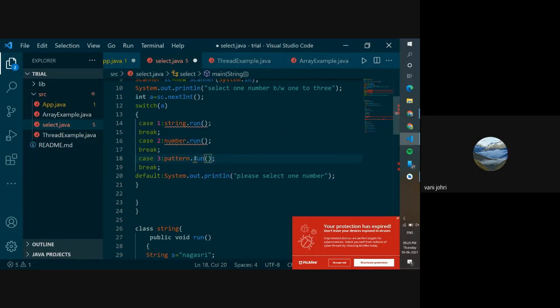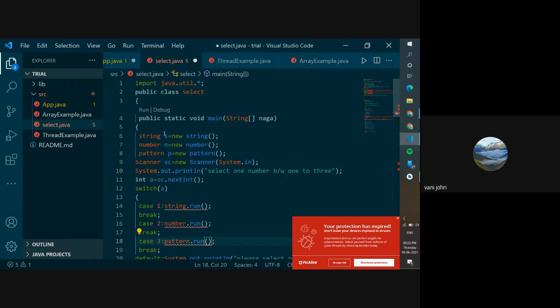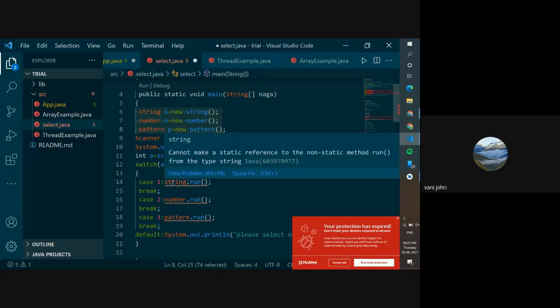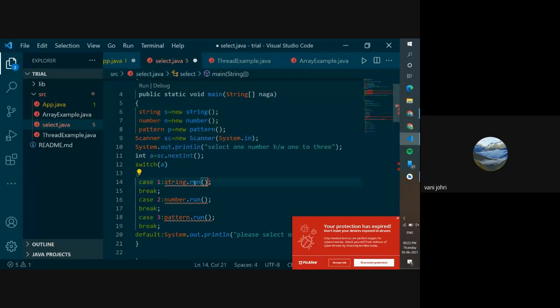And again, you made these objects, right? So you're supposed to use the object. You're not supposed to give the name. You made this object. The object's name was S, right? You wrote string S equals to new string. So this S is your object. So over here, you will write S. And over here,